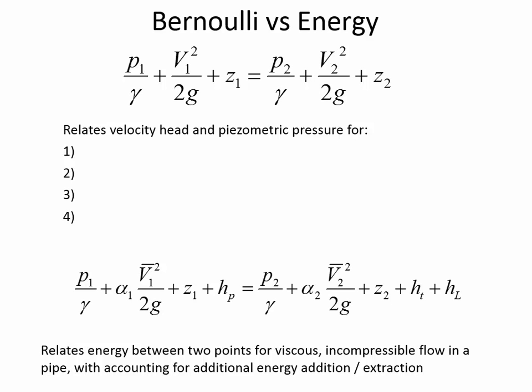This equation is direction dependent in a way that Bernoulli's equation wasn't, because you had the same stuff on both sides of the equation. Here, you don't. The pump head term is on the left side of the equation. So what it's saying is that if you're calculating how much energy is there between 1 and 2, because the energy equation calculates energy, the amount of energy at 1 is equal to the amount of energy at 2, but you account also for the pump head that is being added.